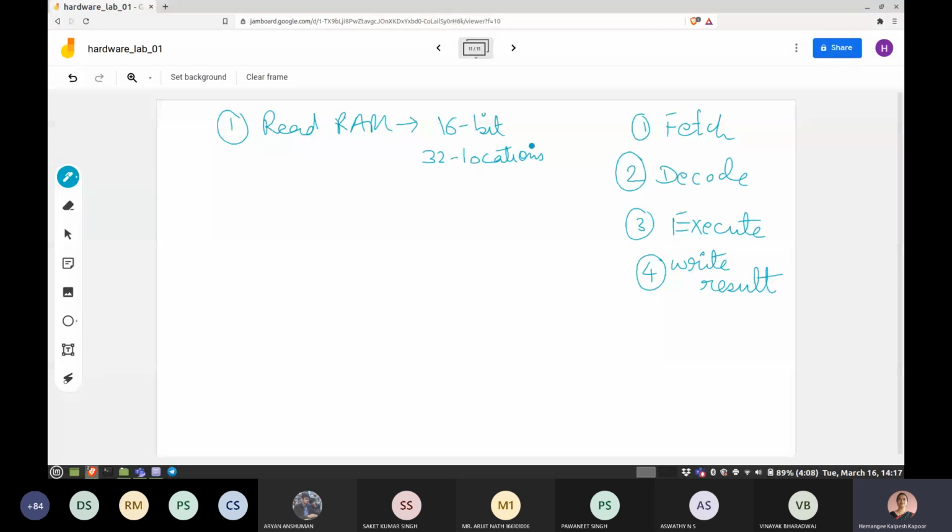You can make a new copy of that. Don't change last week's module. Just make a copy of the same RAM and rename it to 16-bit SRAM. Then the second component is your register file. The register file is 8-bit because my data is 8-bit. My instruction is 16-bit, but my data is still 8-bit, and the locations here were 16, correct? So you can keep this as in the previous week: register file, 8-bit data and 16 locations.